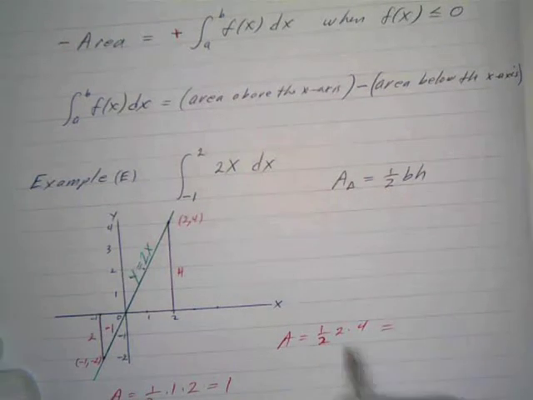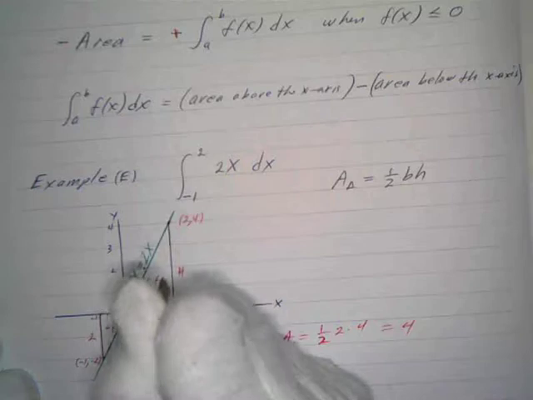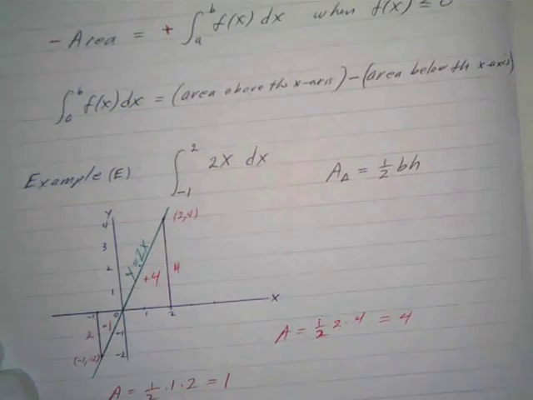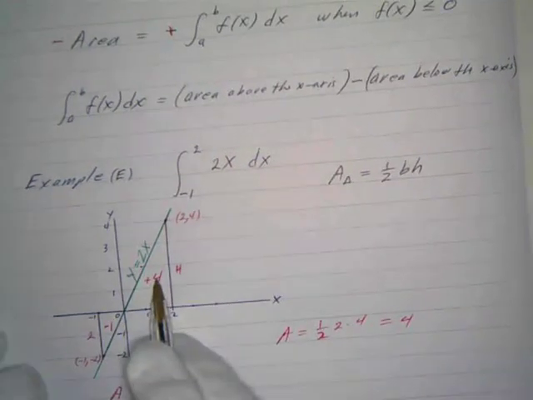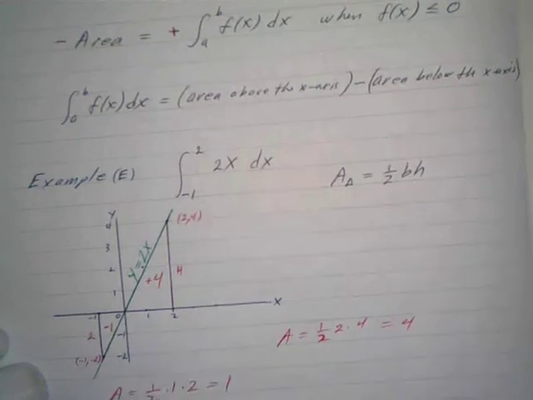So that just ends up 1/2 of 2 is 1, 1 times 4 is 4. So this area is +4. So if I take the area above the curve, so if I add these two areas up,